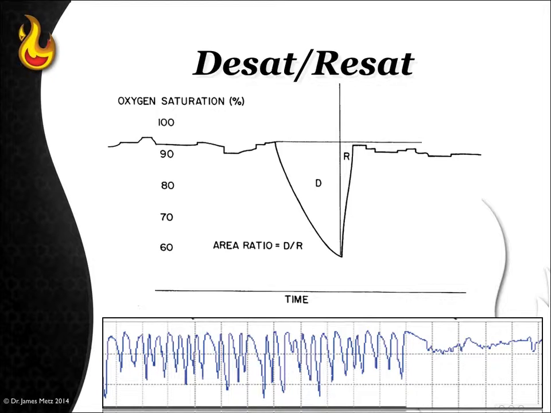Well, the oximeter is riddled with error, and it's a problem. The error is picked up by adding an actigraph and removing that error. And physicians don't like pulse oximetry because of the errors that it generates. And what the software has done is gone a long way of eliminating as much error as possible in a pulse oximetry recording. The slope of that graph to the left has the desat resat just below that, must be